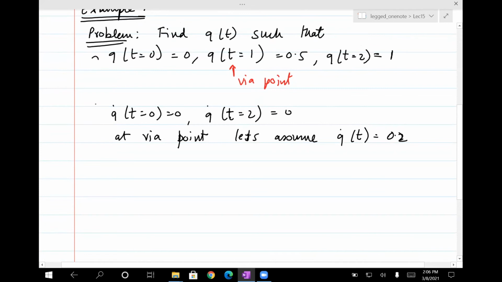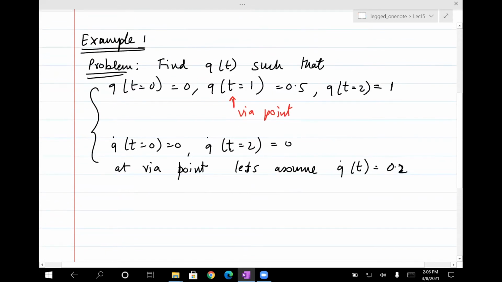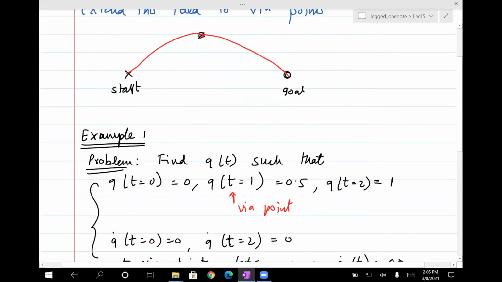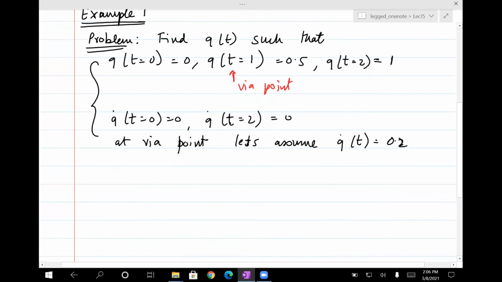I've given a bunch of conditions. I told you to find two trajectories. Well, I told you to find one trajectory, but really, instead of doing one trajectory, you want to break it into 2 trajectories. So for the first half, since there are, I believe, 4 conditions, position and velocity, I can choose one profile, the first profile, to be